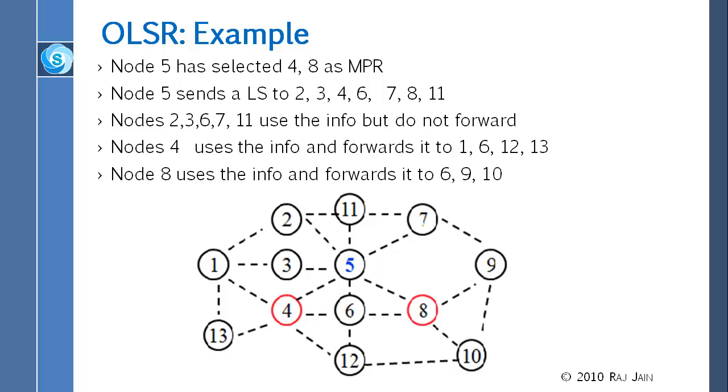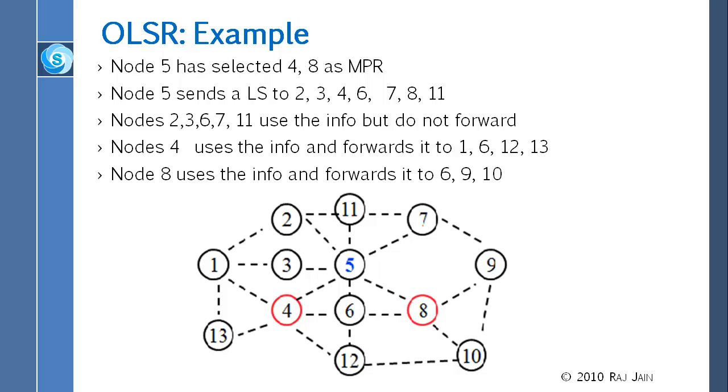Selection of MPR is basically based upon connectivity. So you first list all the neighbors, and then you list where they can reach. So 2 can reach 1 and 11, 3 can reach 1, 4 can reach, whatever, and you write it down. Then you select the node that has the highest connectivity, and you put it aside, and you take out all the nodes that have been covered by that. So for example, when you select 4 as the MPR, you remove 1, 13, 12 from further consideration in N2,